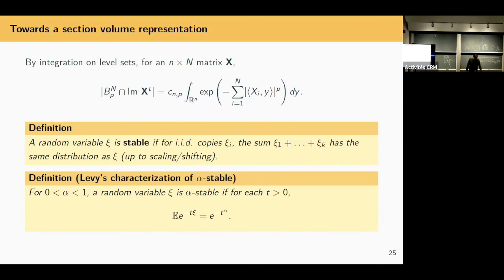You can characterize this family of random variables through their Laplace transform. In this probabilistic language, what I get is a functional like this, e to the minus t to the alpha. So it's very much related to Bernstein type theorems and completely monotone functions, with very similar representations. But the nice thing about such a formula with this range of alpha is that I have traded a power t for a power 1. The alpha here is less than 1. And I'm going to trade it through this representation for powers less than 1.